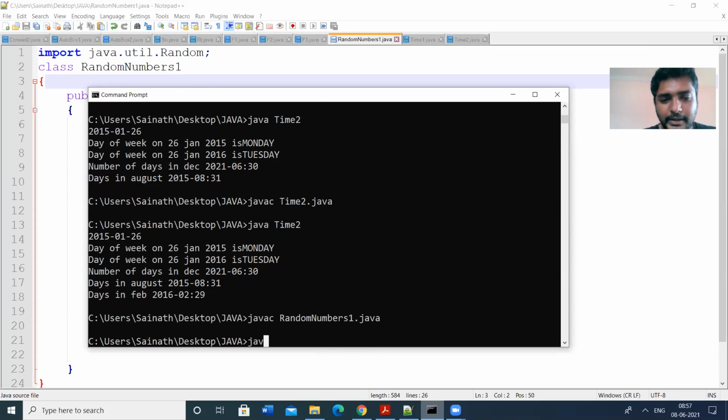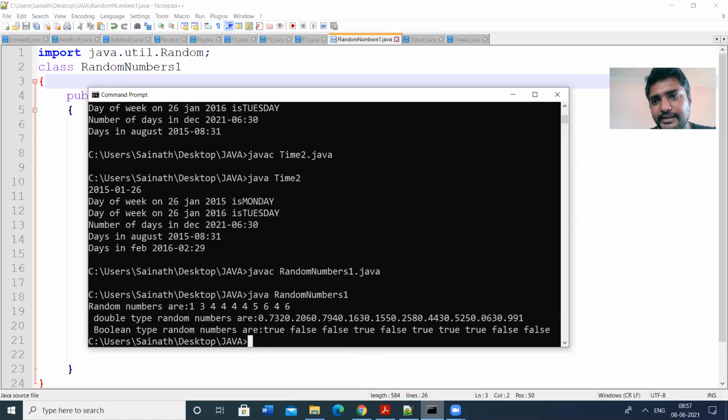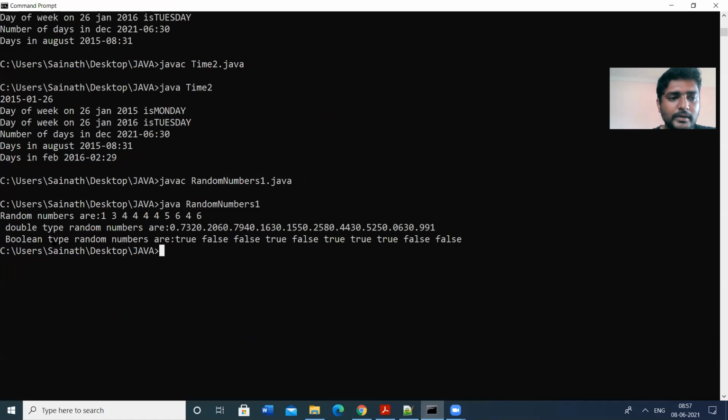The program compiled. Java random numbers one. So these are the random numbers generated. First we have generated the integer type random numbers 1, 3, 4, 4, 4, 5, 6, 4, 6, 10. We used a for loop, so 10 values.